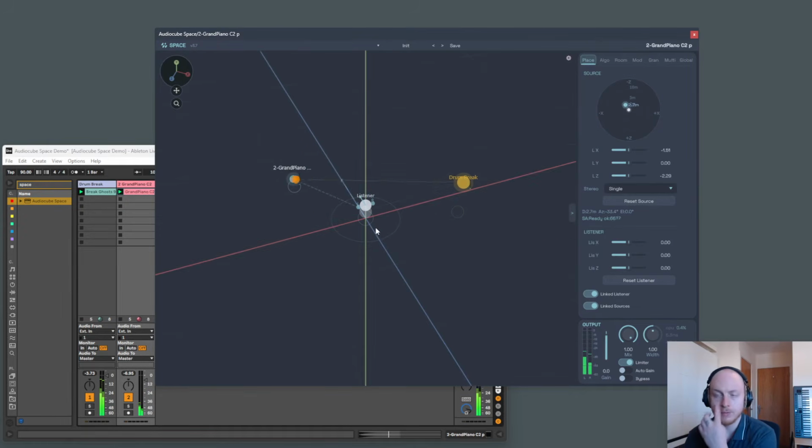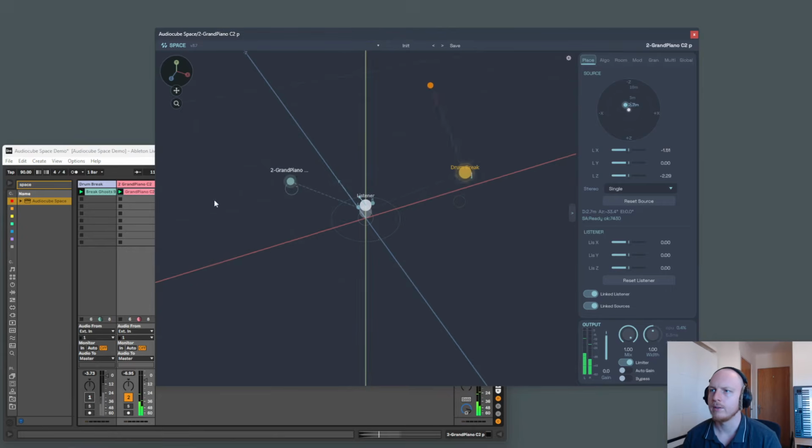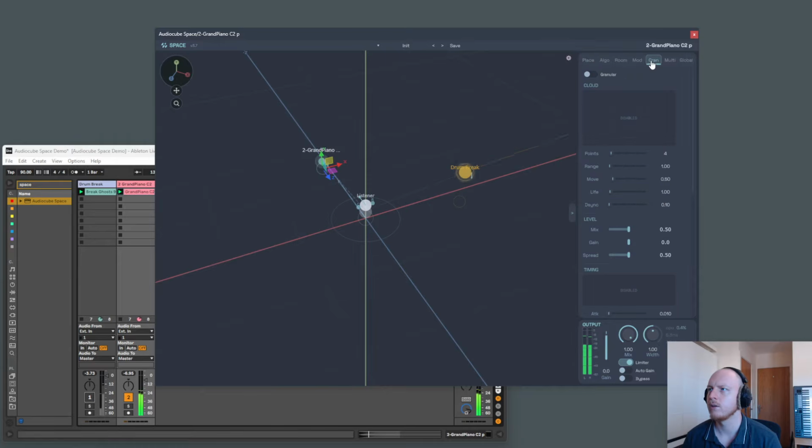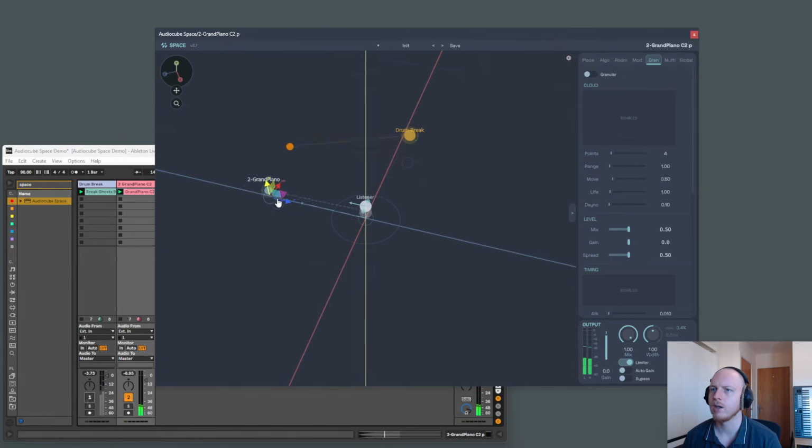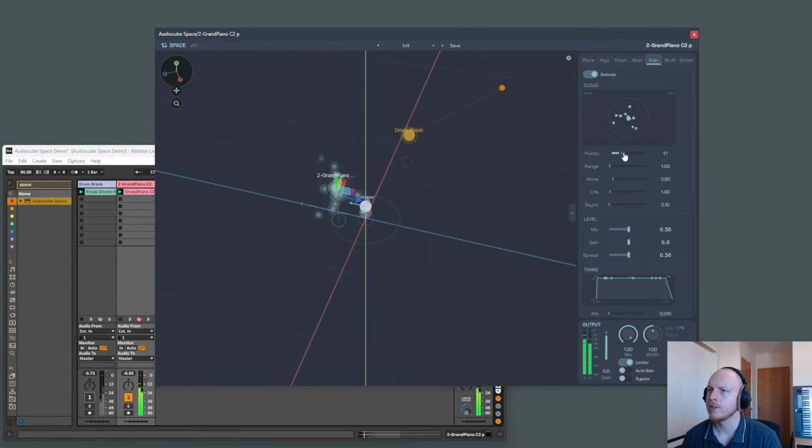So yeah, if you want to mix with a bunch of different stuff. But yeah, let's just mute the drums. Now the granular tab is a lot of fun. It's a sort of cloud granulator. Obviously it works better with melodic instruments, so you can set how many points you want, and the range. So this is for creating